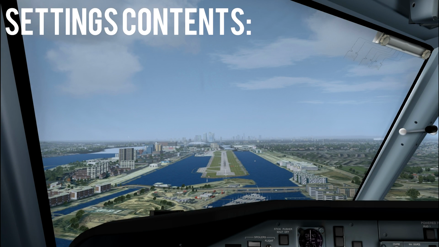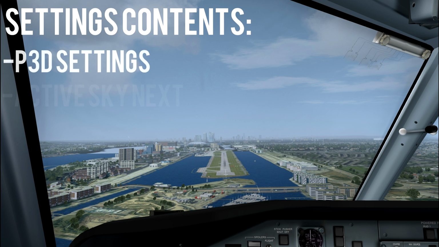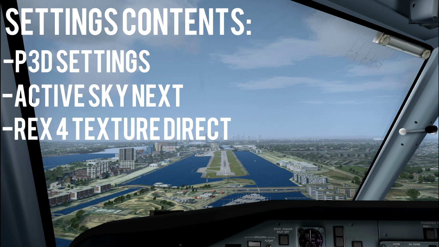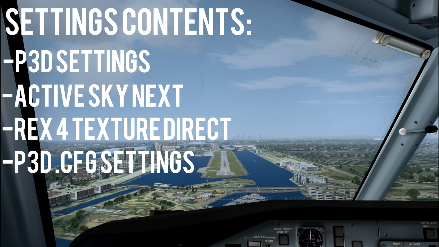I've had a few subscribers ask what my various settings are for P3D, so I thought I'd take this opportunity to go through all my simulator, Active Sky Next, Rex Text Direct and config settings. You can click on the text to the left to go to the settings for each piece of software should you only be interested in a few of them. I've included copies of the setting files below should they be available and should you not want to set them